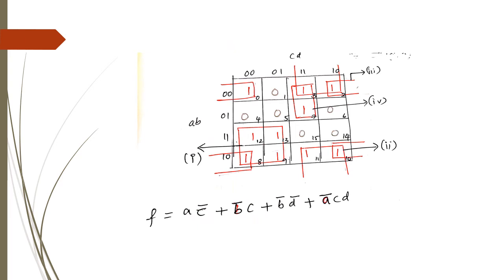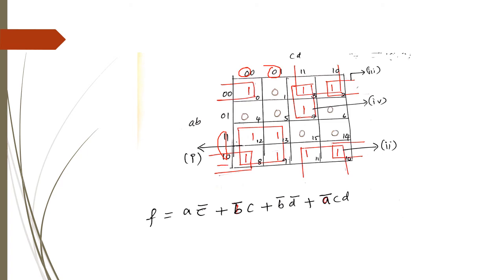So this is what is done here. What I'm going to get as the first expression I have written here. If you just check, A is common, so I have to write it as it is, and here I have C as 0, so it is A C bar. Next you have B bar C for the second expression, that is this one.